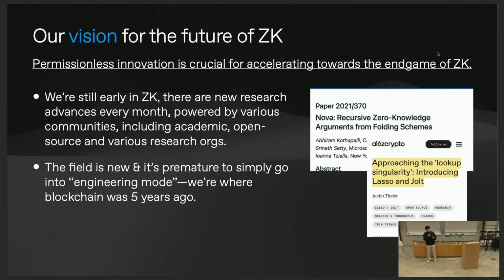The second thing that we think is super important in our vision for ZK is that we really have to encourage the properties of permissionless innovation. These properties are inherently what allow new novel dApps to be created, and they accelerate us towards more cost-effective proof systems and infrastructure. Historically, we're so early in ZK. There are new proving systems every month, and I think this was reflected in some of the past few talks, but it feels way too premature to make single isolated bets on proving systems, specific circuits and infrastructure stacks. It feels much better if we can choose between the proving systems that work best for our application.